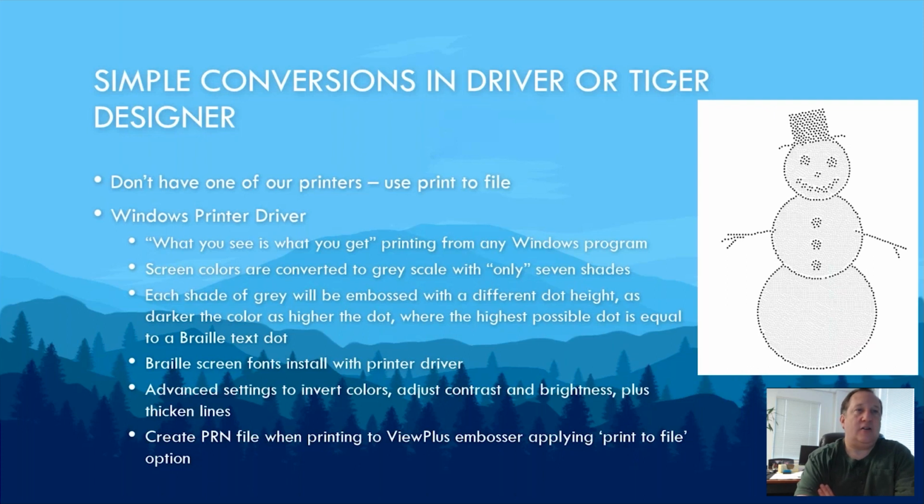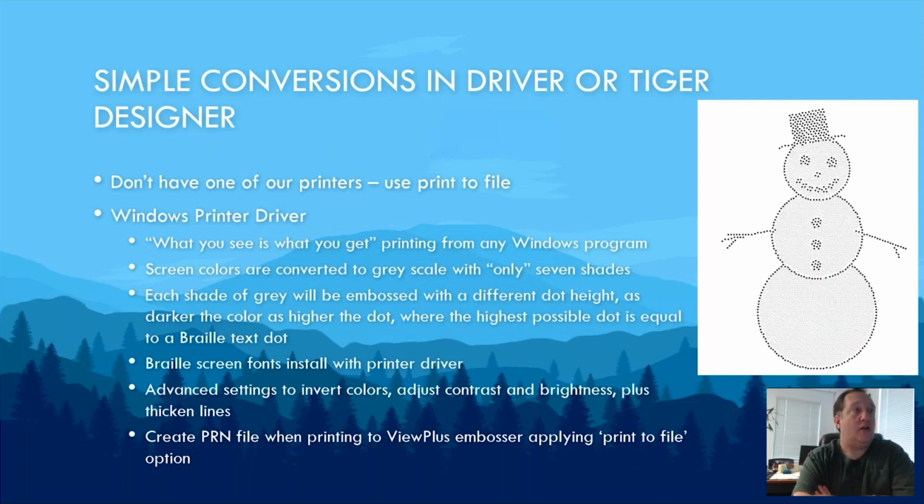the color. So in this case, this is a print preview of the snowman that I showed earlier, which had a light gray fill and then the black outline. And so you can see the different dot heights. And so inside of Tiger Designer or Tiger Viewer, inside the printer driver, you can see this information. So the other secret is, you can try all of this stuff without having access to one